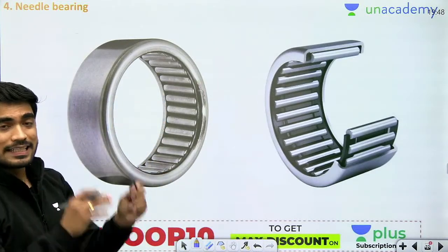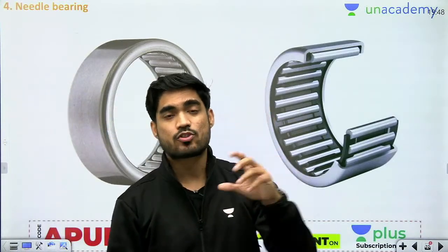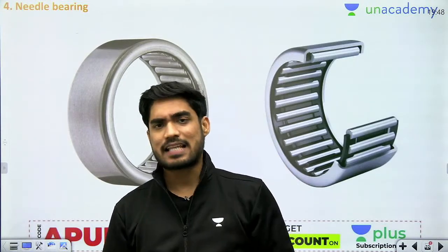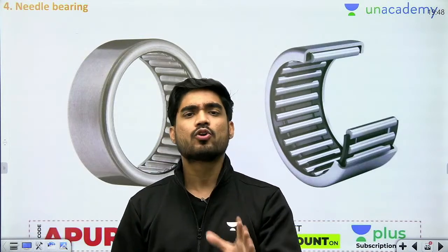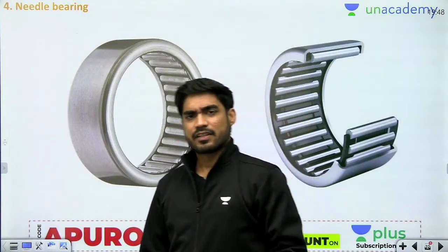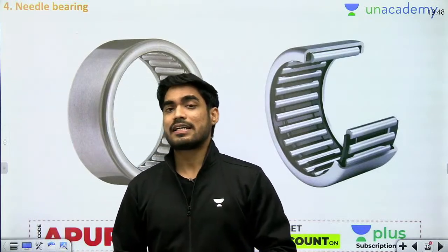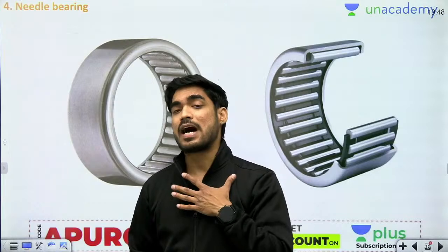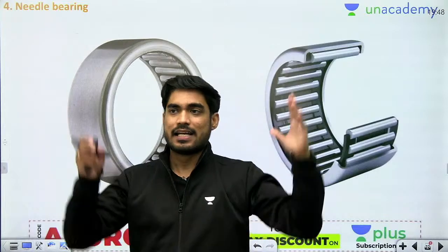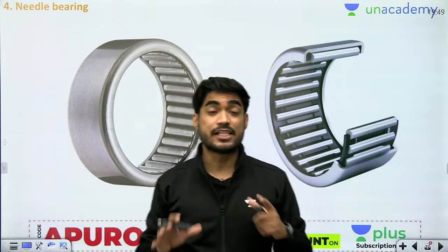Now we need to see the design of rolling contact bearings. There are some parameters based on which the rolling contact bearings are designed. You first need to understand that bearings are one of those machine elements which are not exactly designed. Bearings are manufactured in large quantities, so we don't design and manufacture them according to our needs. Bearings are already designed and manufactured in very large quantity. We just choose the appropriate bearing for our machinery.